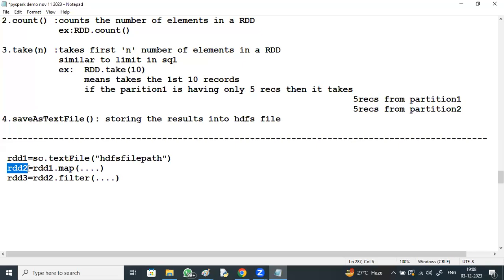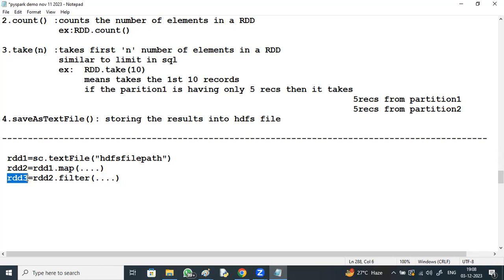No. You take RDD2's output and filter it. For example, in RDD2 you got 100 records. From these 100 records, I filter only Hyderabad city employees, where city equals Hyderabad. From these 100, some 20 belong to Hyderabad.